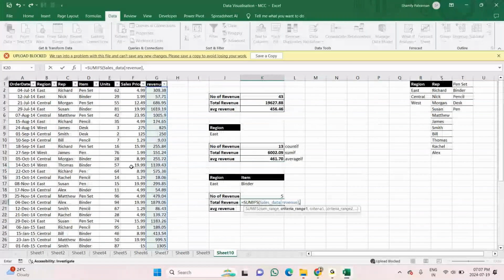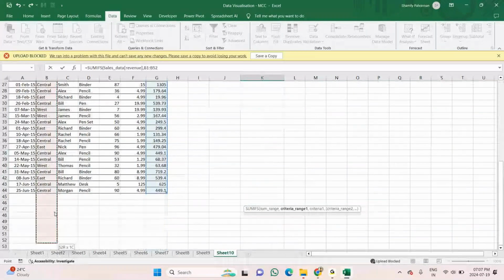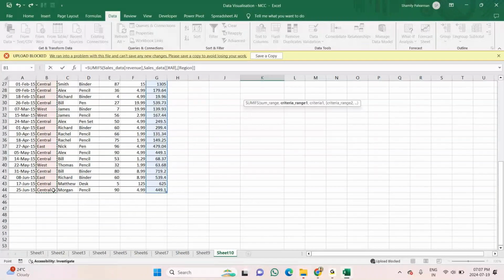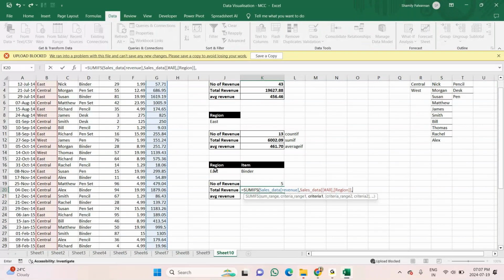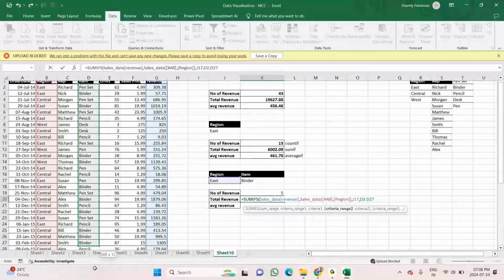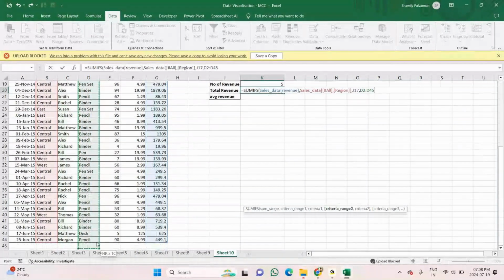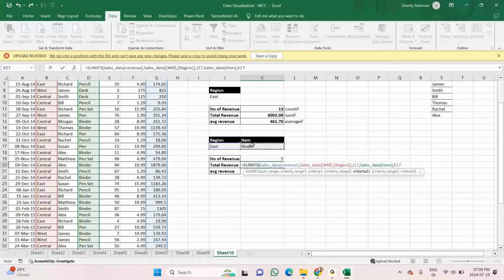This is my condition list. From the list of region, comma, then what do I need? In this list of region, I need east, comma, from the list of stock item, comma, I need the binder. I'll close the bracket.